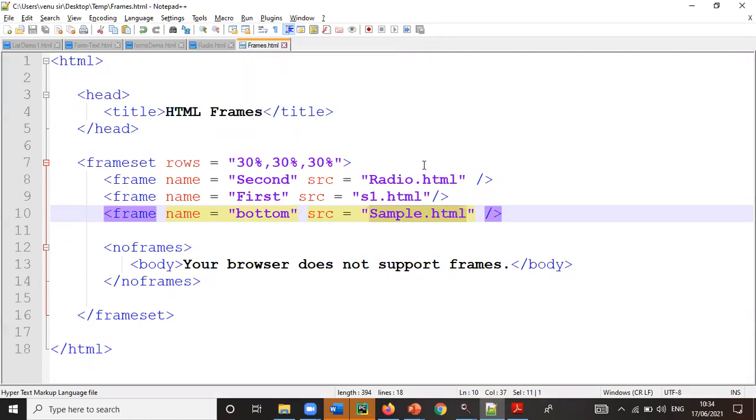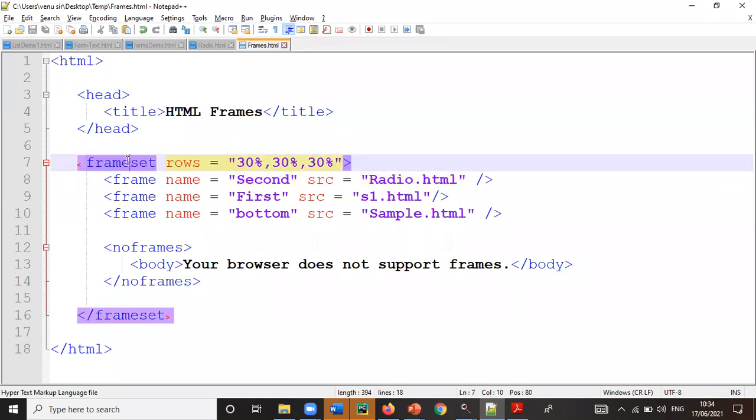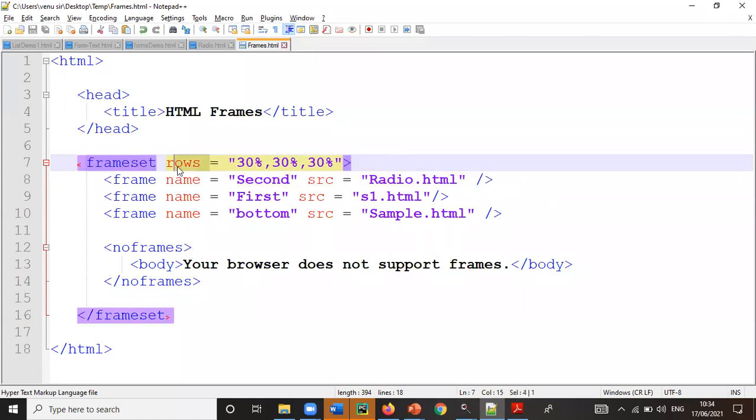Our program is frames.html. So we give the HTML extension there, and then we add this. The screen will be divided into three parts, which we show in the rows attribute of the frameset. All the frames are to be included inside the frameset. In rows, we specify the percentage of screen occupancy. We utilize 100%. This one is 40%, and these two are 60% together. So 40 and